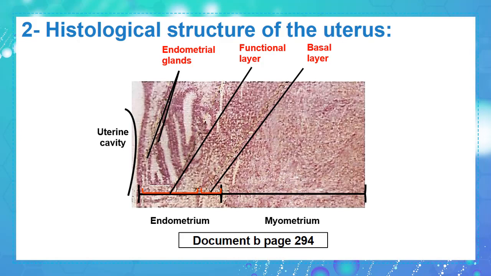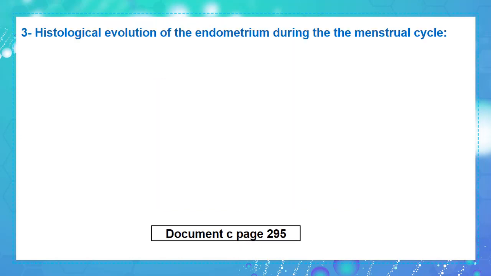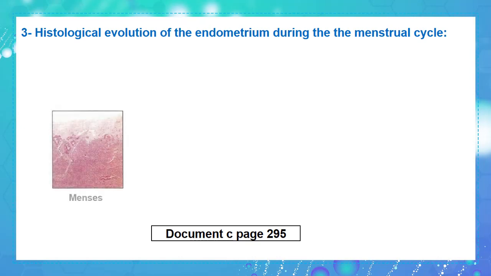But the uterine wall of a female doesn't always look the same if observed at different days of her cycle. Document C of your books shows the cross-section of a female's uterus at different instants. The first figure, during menses, shows how the superficial layer of the endometrium is sloughing off and the basal layer is nearly exposed,